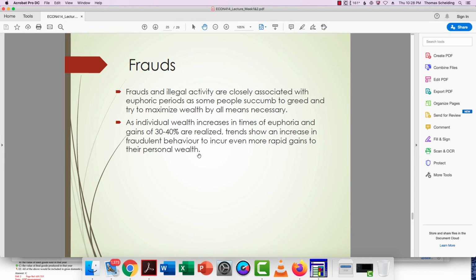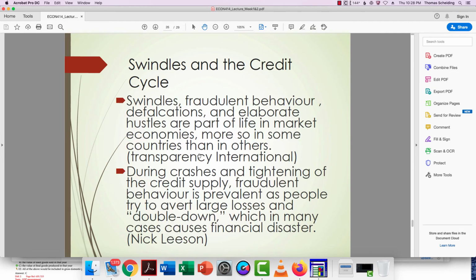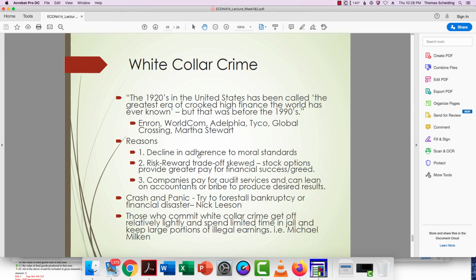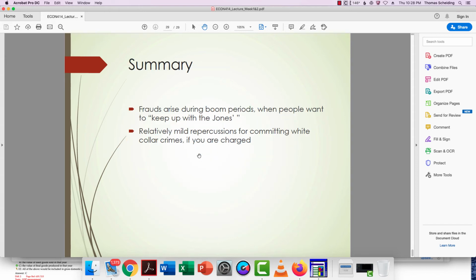Okay, and then again, the idea of the fraud. We see these frauds, we see these swindles, we see this credit cycle, we see this happening as the bubble is about to burst. And again, I'm assuming you can read these slides here. You don't need me to read that. Okay, so I think here, again, I'm assuming you can read the first 4 chapters. I'm kind of just adding a little bit more context to it than what you have written in the book.